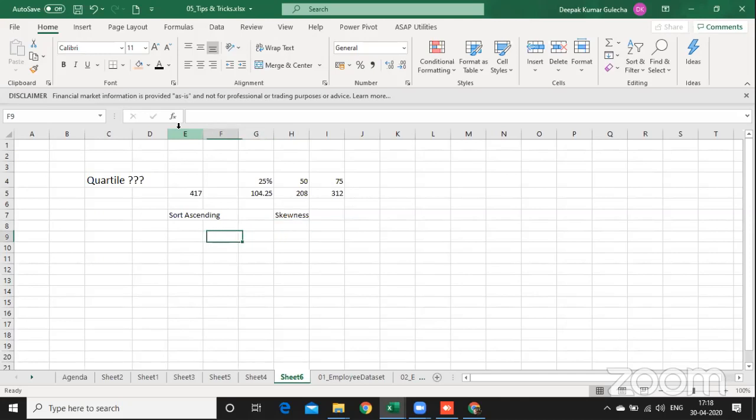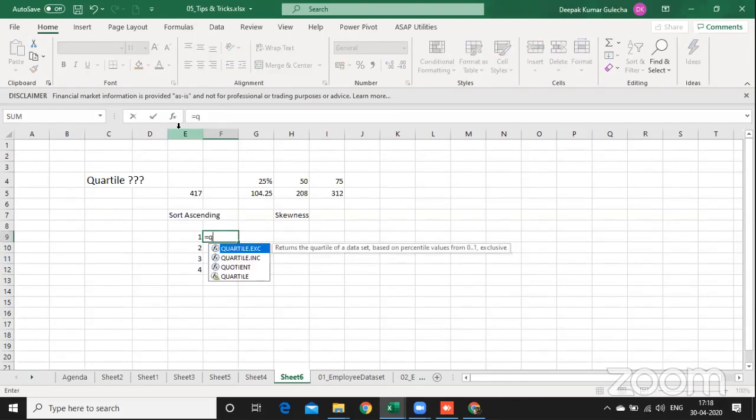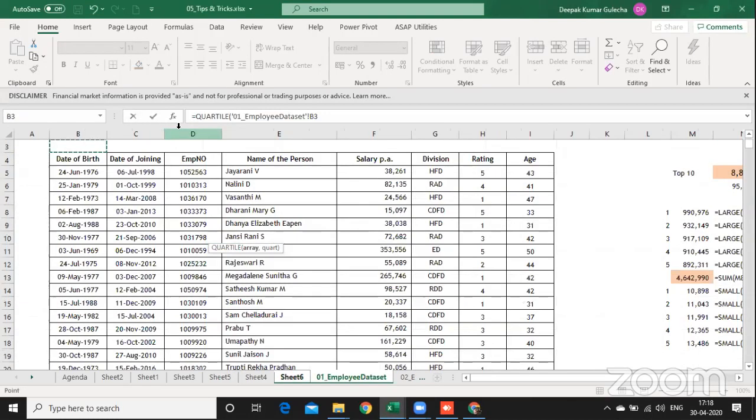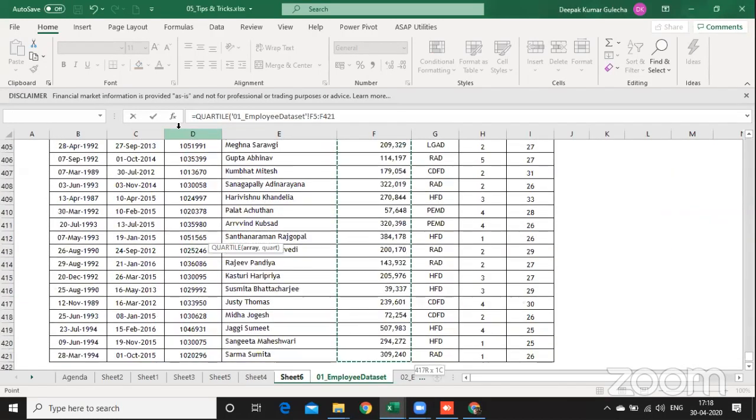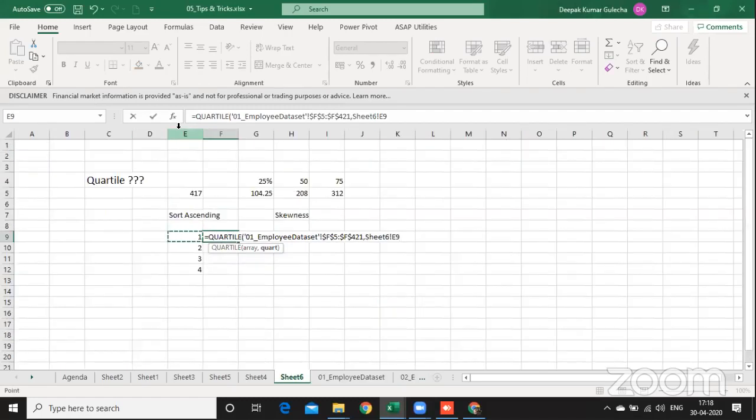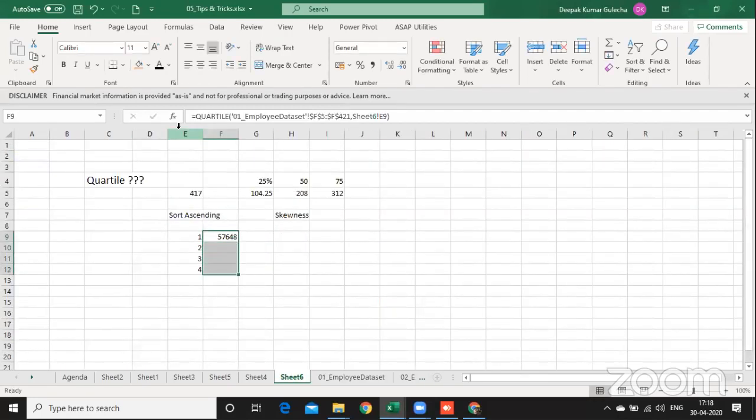Okay. So we have quartile 1, quartile 2, quartile 3, quartile 4. So I can just say quartile, select the data, comma quartile 1. Clear? It means